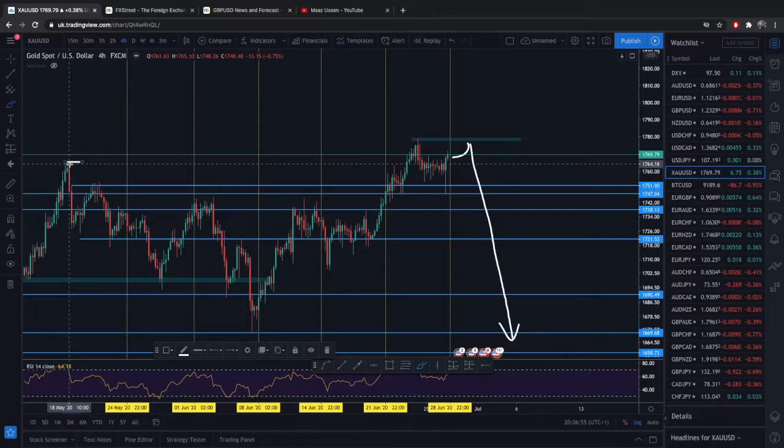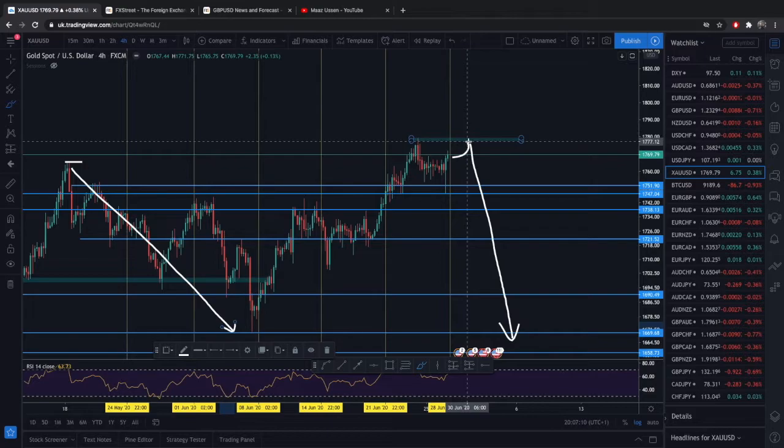A lot of people, myself included, had shorts from 1763 or at least the 1760 level, all day coming downwards. And we can see this massive bearish movement towards this area here. So once again, we can potentially see that reflected movement here. If it breaks this 1800 incoming, you heard it here first, and I think I projected this 3-4 months ago as well, for 1800 to be hit.